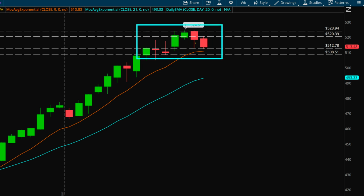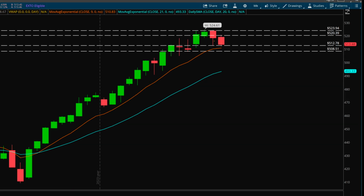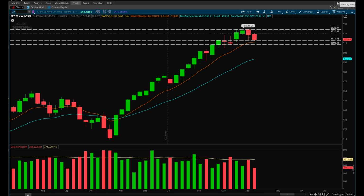We've been in this range since late February, from around 510 to 530, and we're kind of just chopping there, right, on the weekly. But overall, in the macro, we're still uptrending. We might be due for a slight pullback, maybe down to 510, or maybe lower to 490, because we've been,